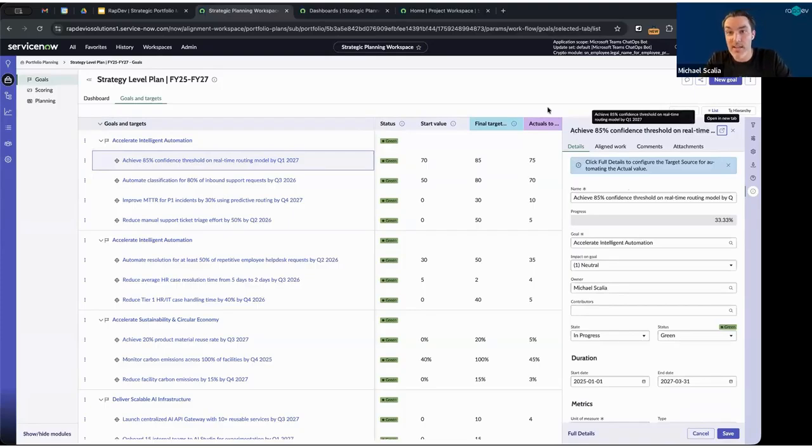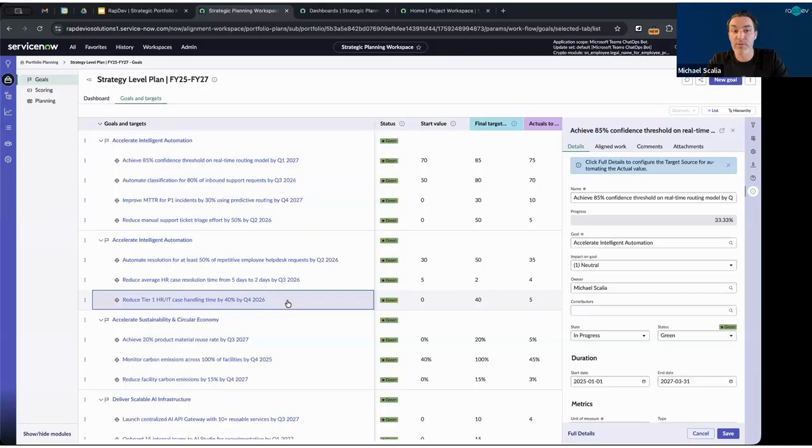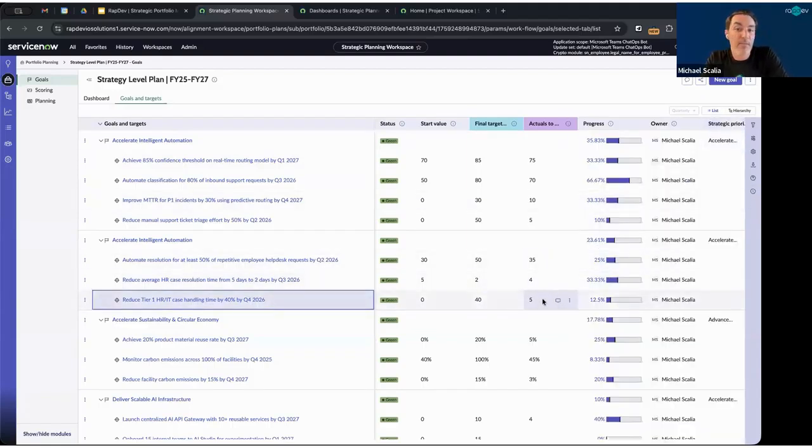Like all of these are currently set in as manual updates, but if you were to have a goal or a target that was set for reducing tier 1 HR and IT case handling time by 40%, you could plug that into the automated indicator that takes place in HRSD as an example, or something that's looking at incident data on the ITSM side and track in real time. What is our average MTTR over that time, and leverage that as the way to provide status for that particular target. But in this case here, this is all manually driven by just updates that you can make to the actuals to date